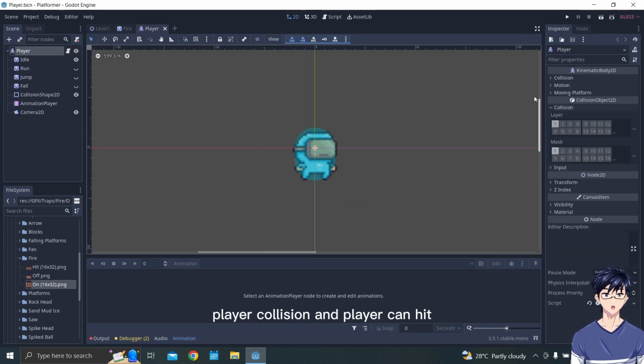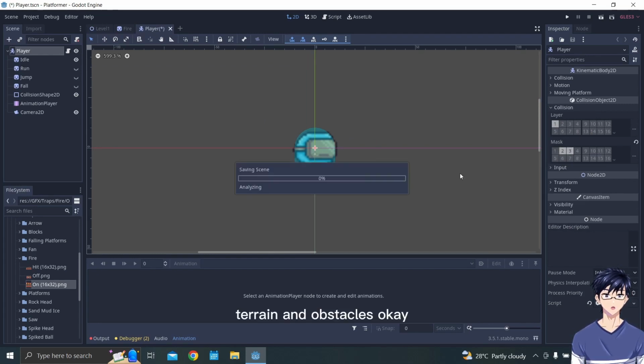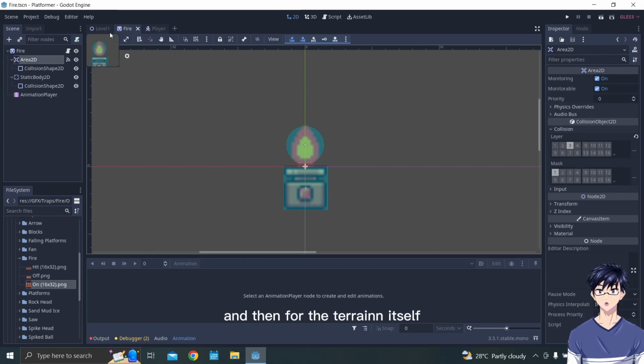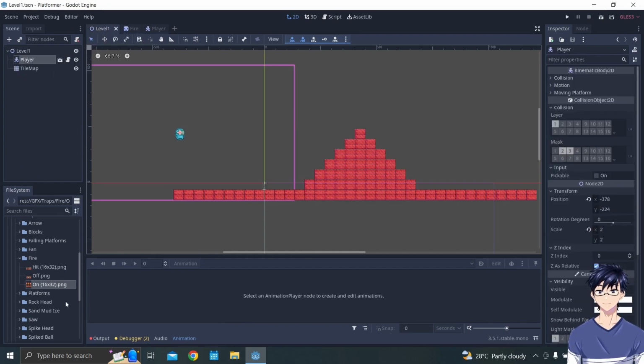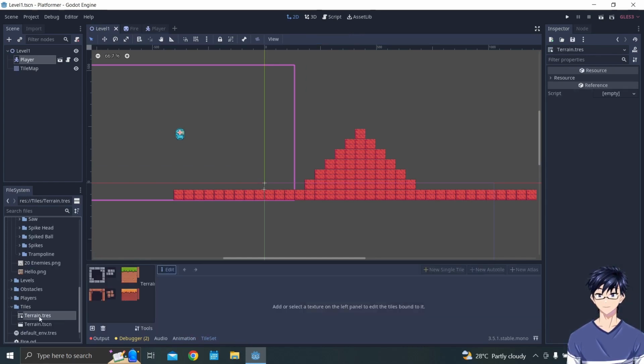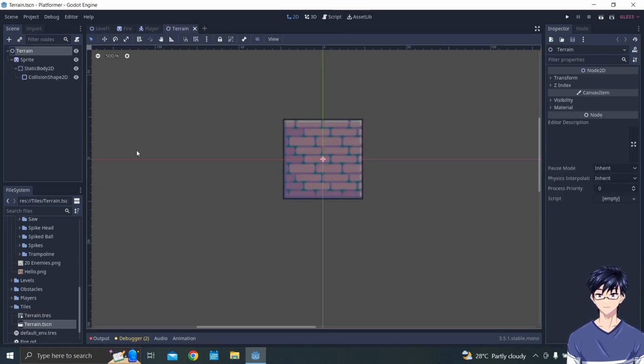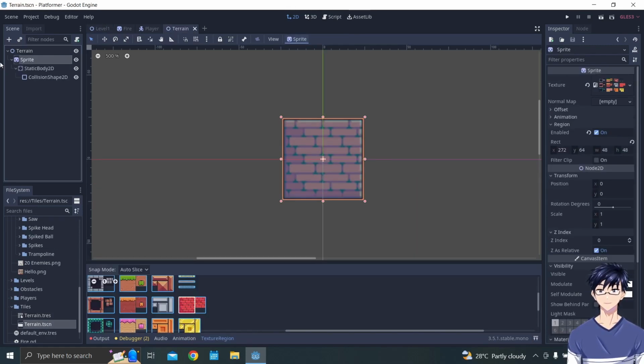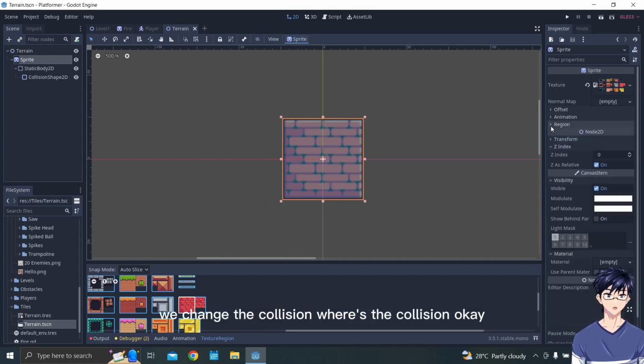For the player collision, the player can hit terrain and obstacles. Okay, and then for the terrain itself, okay, we open the terrain, and for the sprite, we change the collision.